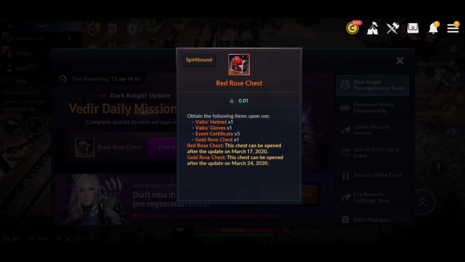chest. You do get 1 Valkyrie helmet, 1 Valk's gloves, event certificate ×5, and a Gold Rose chest. The Red Rose chest is going to be opened after next week's update, and the Gold Rose chest can be opened after 2 weeks' update. The Gold Rose chest, they do say that also is coming with event certificates, but next week's update, you're going to get a free 1 slot helmet and gloves, probably 1 slot, and then you're going to get 5 more